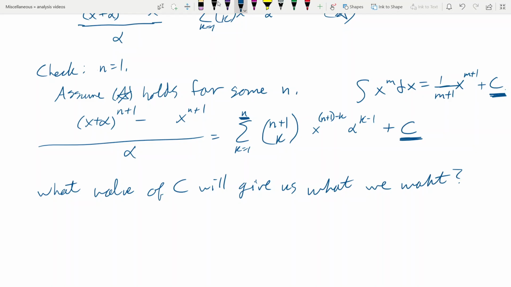Well, in order to absorb c into the sum, we need it to be like what the n plus first term of this sum would be, if there was an n plus first term. So c should equal,